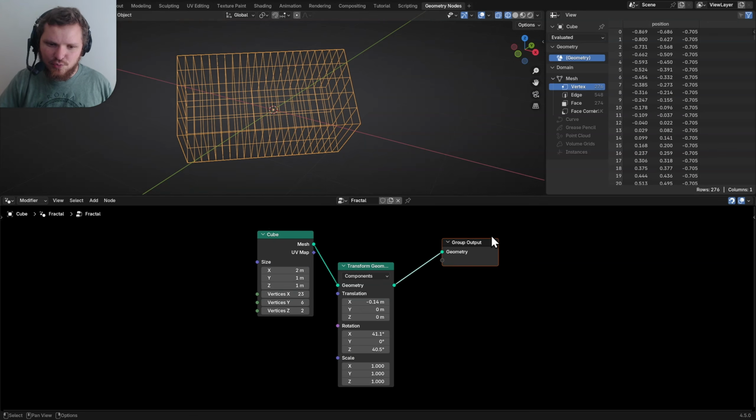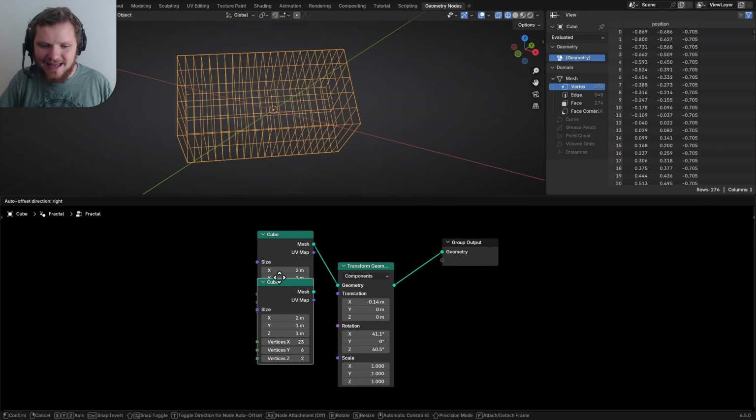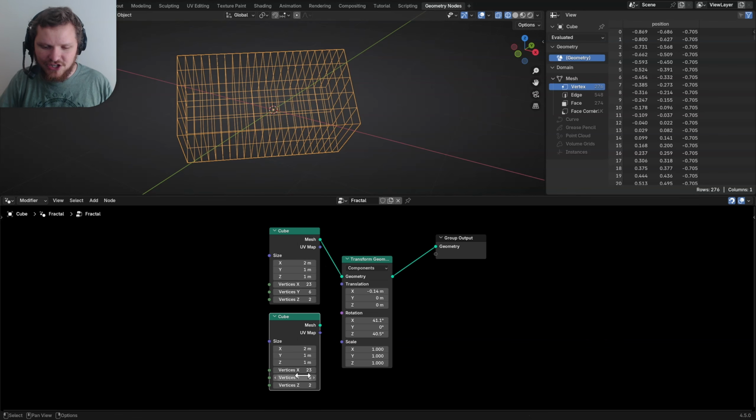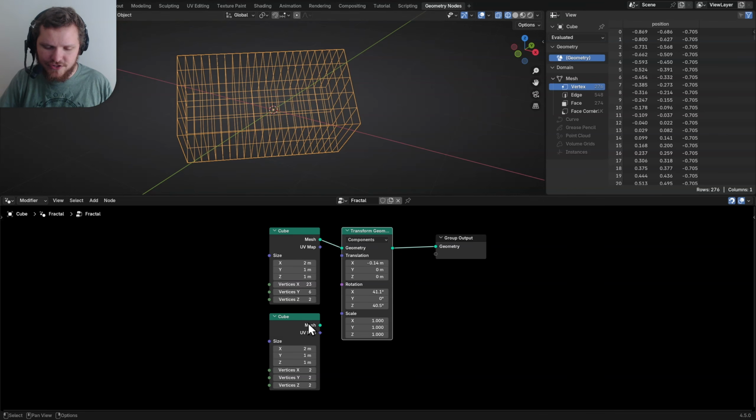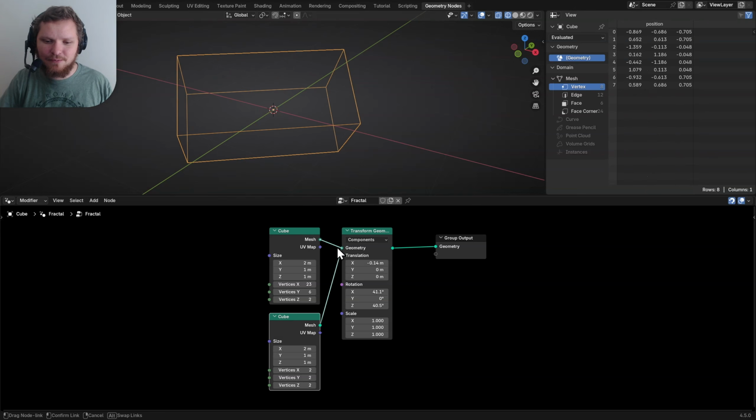We can switch things. In fact, if I make a second cube over here, and I'm just going to change some of its properties such that it has 2 by 2 by 2 vertices, I can now swap these out back and forth. It will maintain the transform, but with different inputs. This is going to be super useful for the Menger sponge thing we're making in a second, but we can